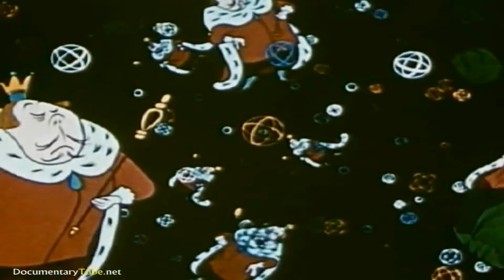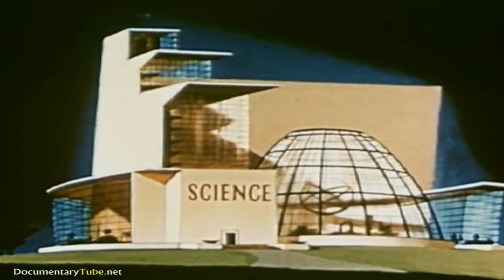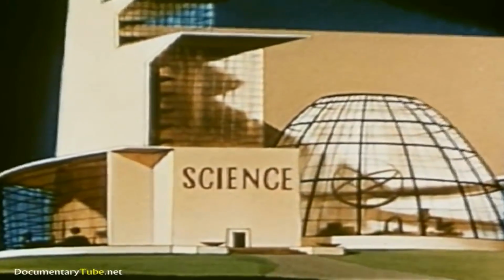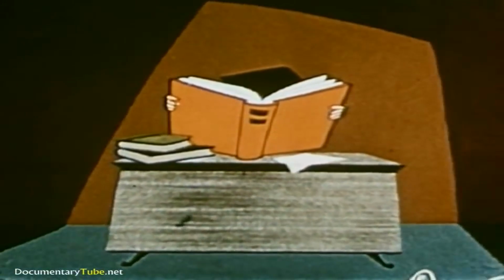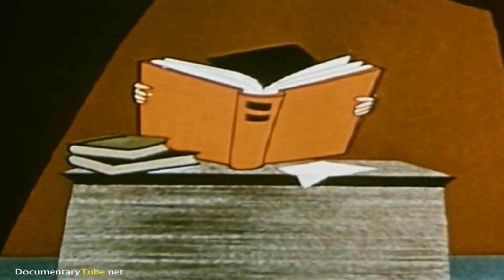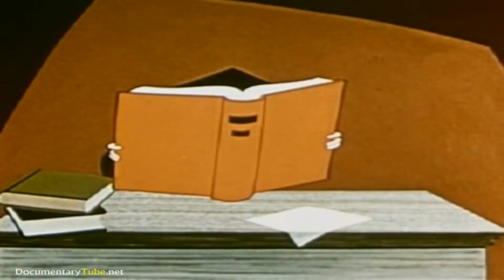This, then, is a single atom, but certainly not all atoms are alike. There are in nature more than 90 basic elements, which is science's term for families of atoms. To scientists, the atoms of the individual atom families, or elements, are identified by number. That is, the number of protons or positive charges in their nucleus. And they vary all the way from hydrogen, which has just 1 proton, to oxygen with 8 protons, to gold, he's rich with 79,